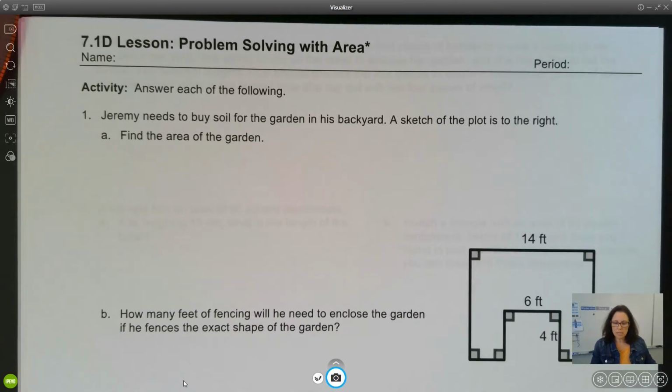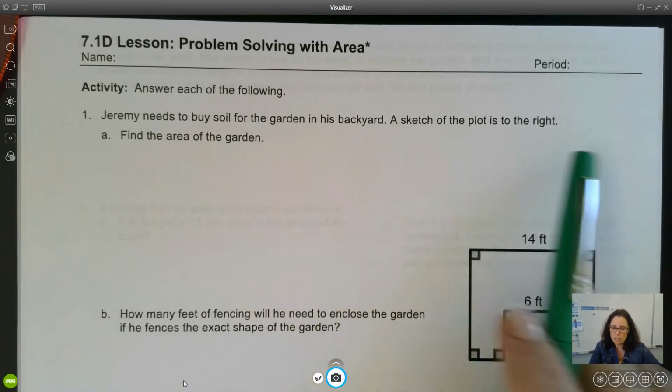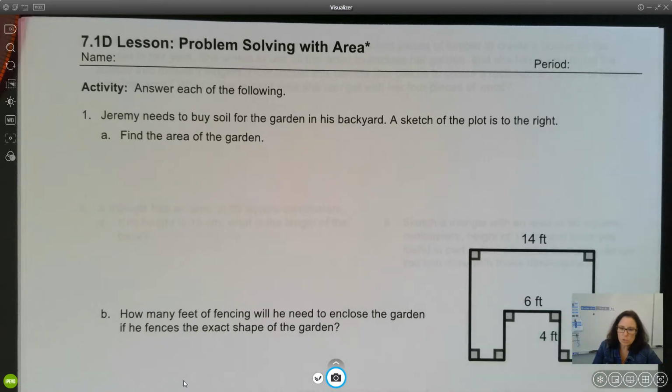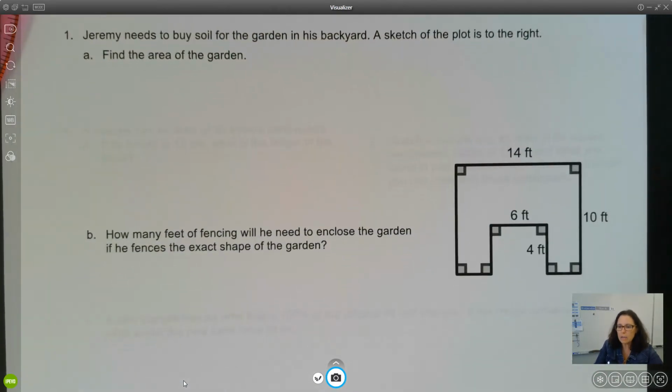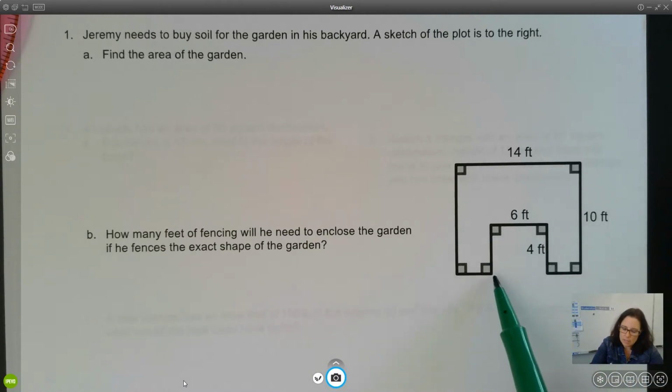Okay, so Jeremy needs to buy soil for the garden in his backyard. A sketch of the plot is to the right. Find the area of the garden. Okay, so let me scooch this picture away from me here. All right, so you could choose to cut this up into 3 rectangles and add them all together, but I think the easiest way would be to think of the entire thing of 14 by 10 and then take out